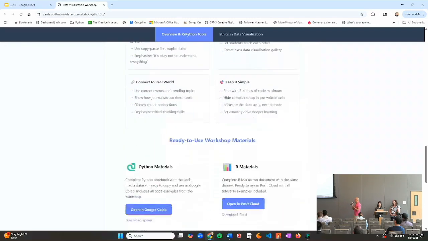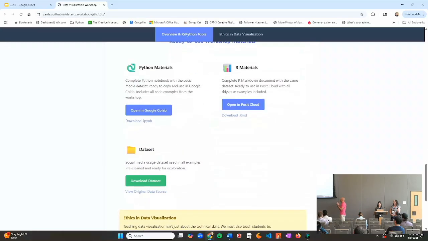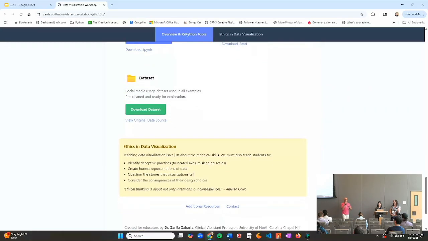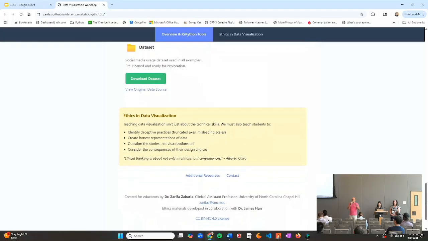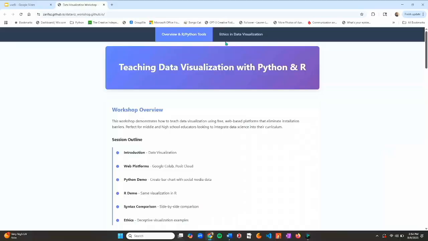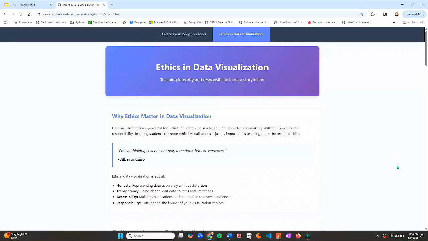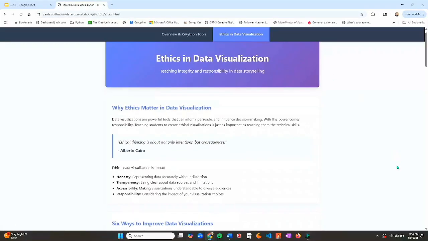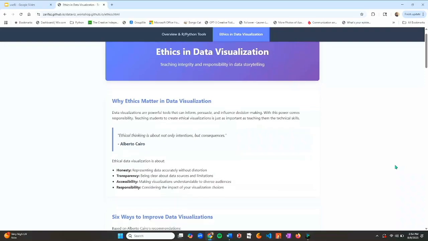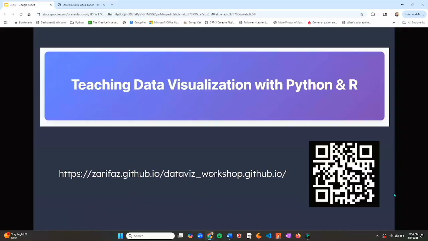And through this, students can then fill in their own blanks. They can manipulate the data to see how the coding works. I don't know how everyone else learns Python. I learn it by making changes and seeing what it does to the visualizations. And for me, that was very helpful. There's also a section up here, if you click on the ethics, an entire section on how we promote ethical use of data in the Data Science Academy. So, like I said, feel free to use this in your classes or look over it or just say, I can make it better. We want you to improve on some of this stuff. So whatever you want to do, that would be fantastic.